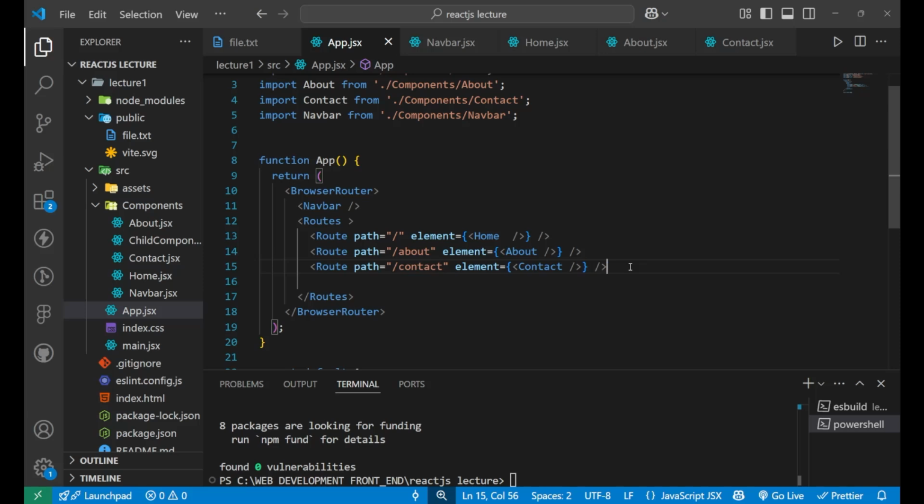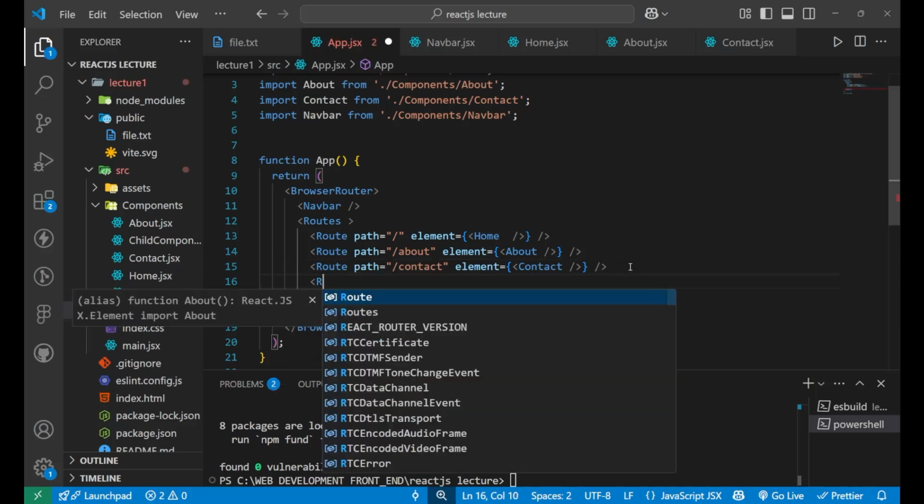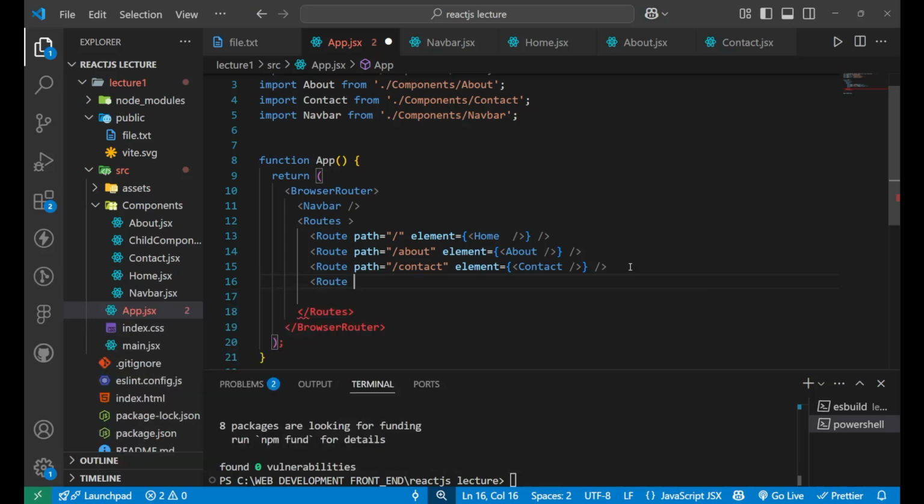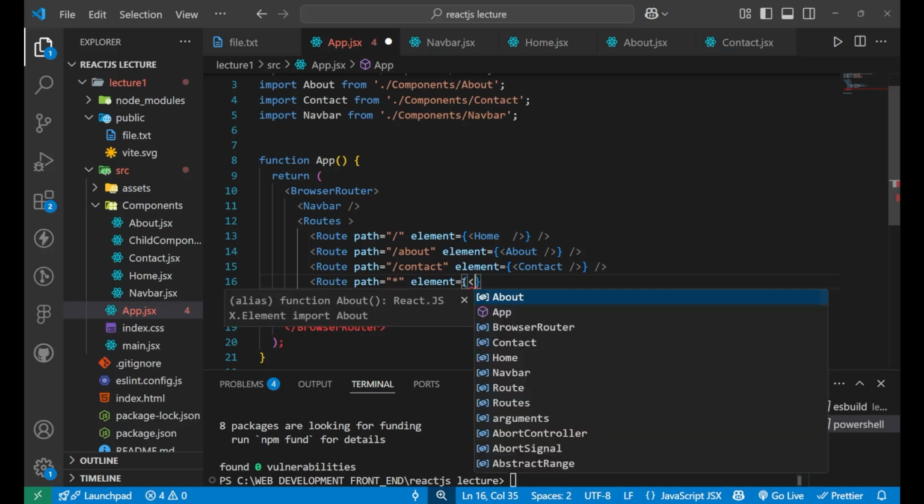So what do we need to do for that? The main part of doing this is you have to create one more route, and that route path is basically a star. Then we will take element. And what will be the element? The element will be the NotFound page, right?